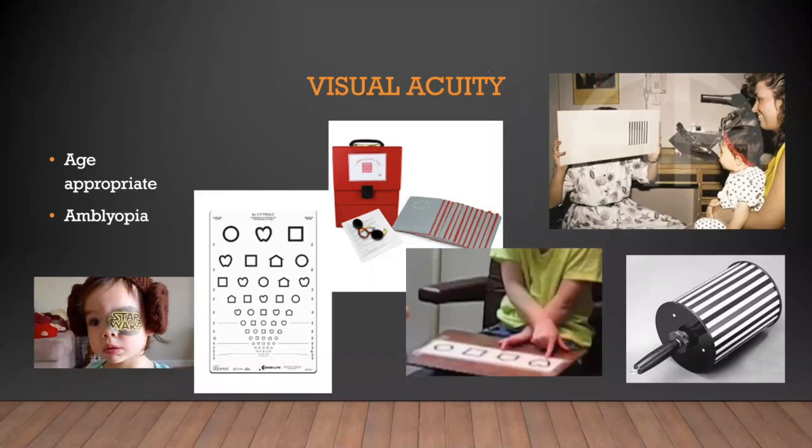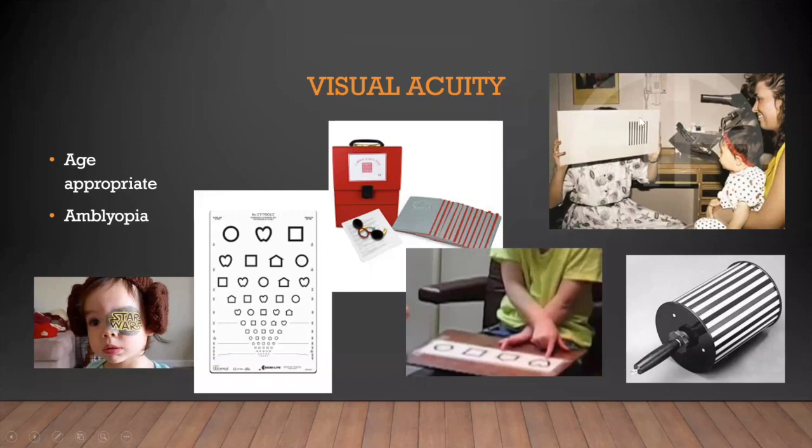So these are the different types of visual acuity charts that we are showing you. I'm going to tell you this is called a Lea symbol chart for a child who can understand what shapes are, and they can use matching to match that, oh, I'm showing them a circle or if I show them an apple and the child is going to match an apple. This is for younger children than that, where they cannot tell us what the shape is or cannot match the shape, but they're interested in looking towards a specific print. This is called the Cardiff Visual Acuity Chart.